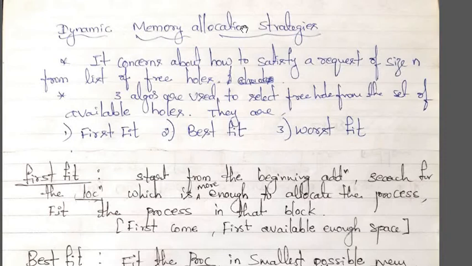One is the contiguous way, the other is the non-contiguous way. In contiguous, we are going to allot continuous addresses to the process, whereas in non-contiguous we are going to allocate memory which is not in continuous order. So they are the two methods under memory allocation. Under contiguous memory allocation, we had two methods. One was fixed size partition and the other was variable size partition.